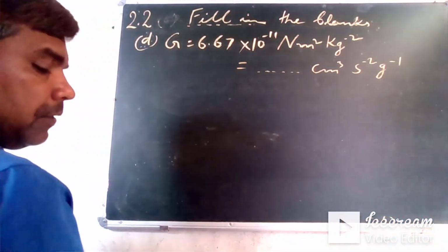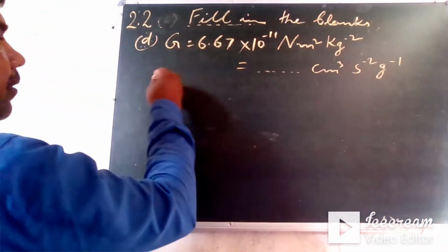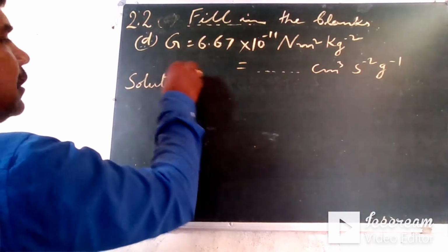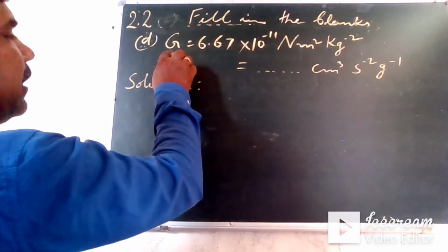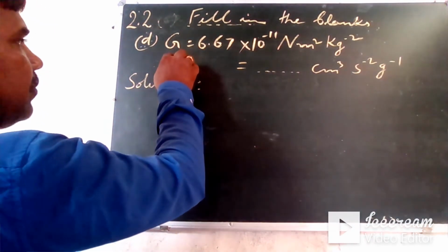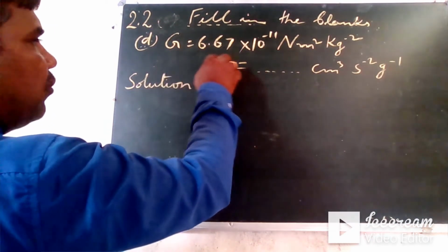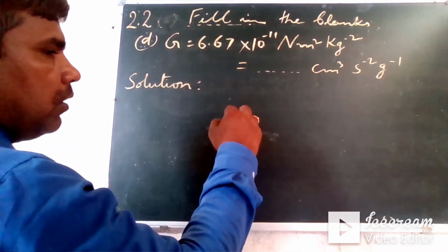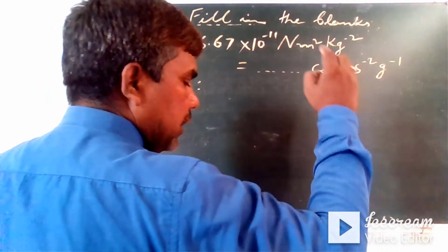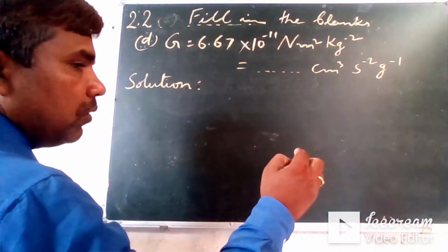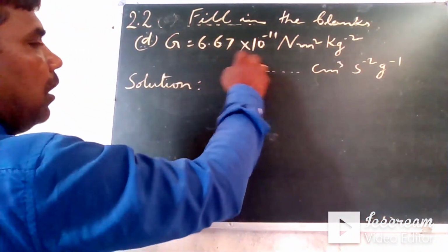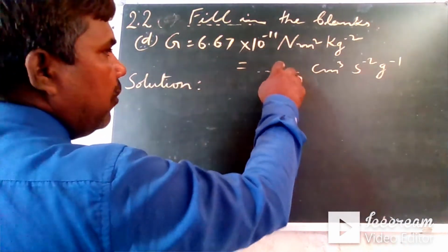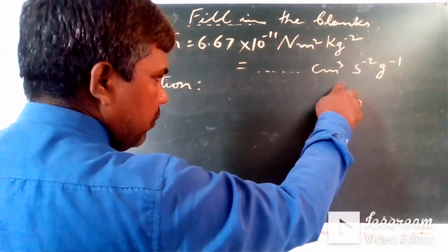Let us start. Firstly, you should consider that here G means the gravitational constant. It is the value of G found very early by the great scientist, whose name I think you know. So how are we going to solve? We will take this value and proceed, and then we will get this very easily.